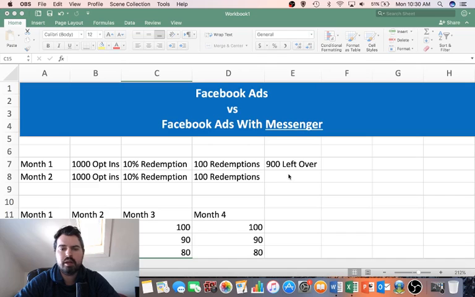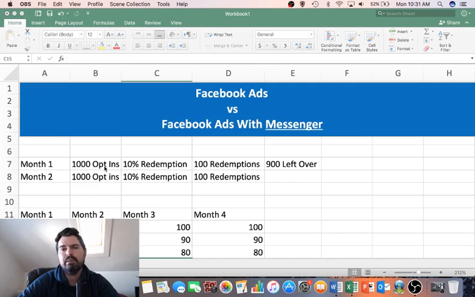And the question I always get is, well, I'm running Facebook ads, so what's the real difference between what I'm doing? Well, there's actually a really big difference in terms of results. So let's take a regular Facebook ad, for example, and I'm going to use a restaurant as an example. But let's say I run a buy one, get one free advertisement where someone can click on the ad and it captures their email address and some essential information, their first name, last name, and can even track how much they're spending. So in month one, let's say I spend $500 and I get 1,000 opt-ins.